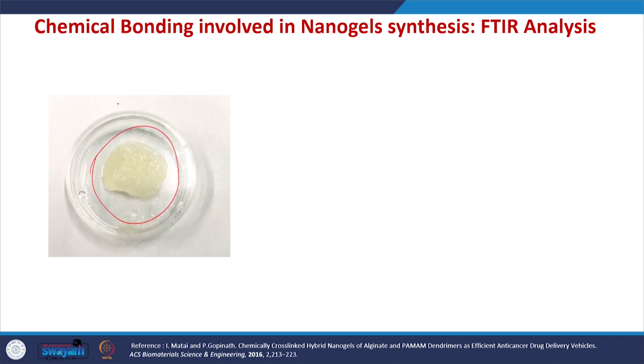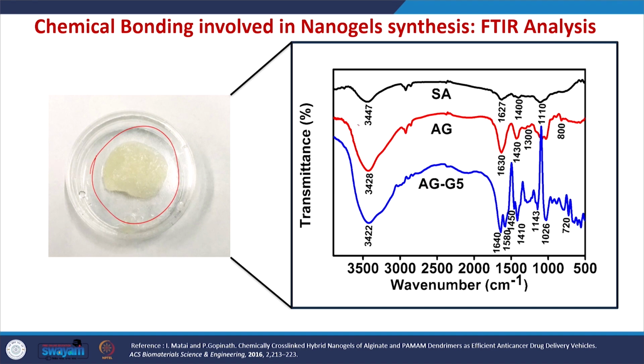So this can be characterized using FTIR. So this peak in sodium alginate corresponds to OH stretching vibration, and these two peaks correspond to carboxyl stretching vibration, asymmetric and symmetric of the carboxylate salt groups, and this one corresponds to COC stretching of saccharide structure of alginate. So the next one is alginate gel with calcium chloride cross-linking.